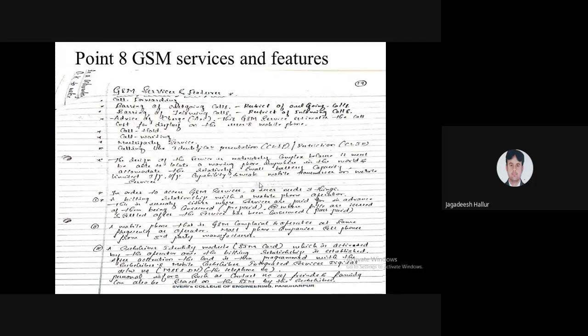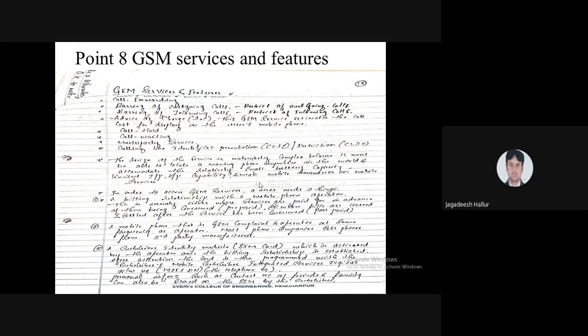And one more important service is nothing but what? Whenever we purchase a SIM card, once the SIM card has been activated, it has to be programmed with the MSISDN. In that SIM card, the programming is done with your telephone number, the MSISDN, mobile subscriber integrated service digital number. That is your 10-digit mobile number. Previously, once you purchased a SIM card, it took a minimum of 2 to 3 days to activate that SIM card.